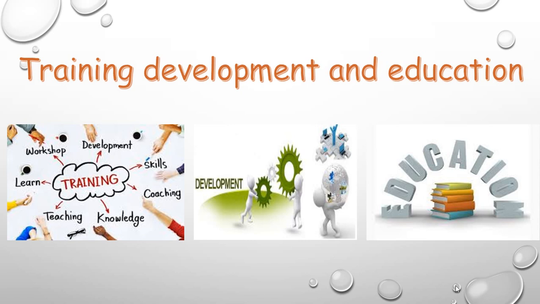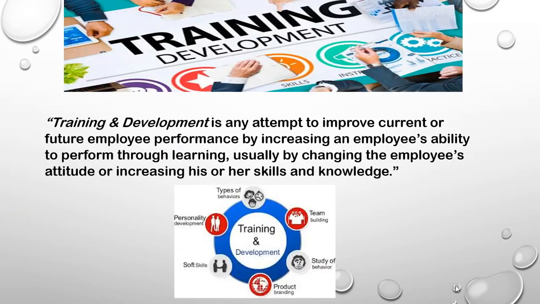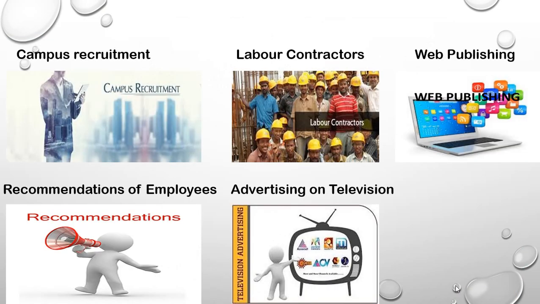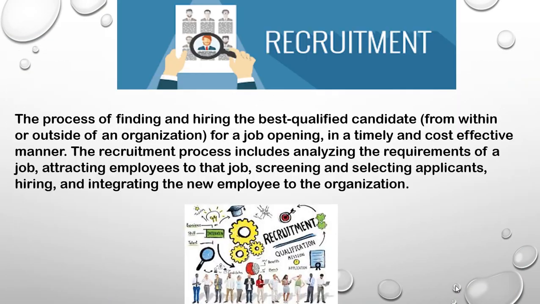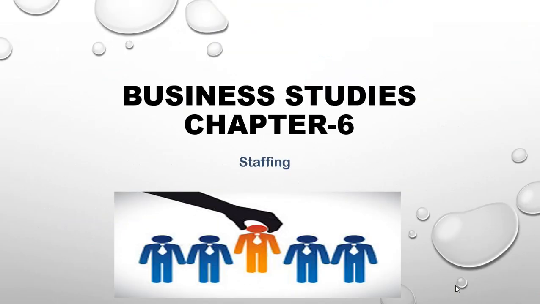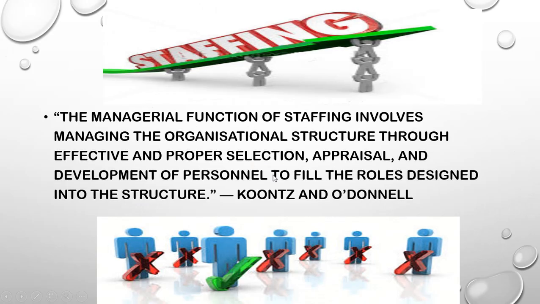In the last 29 discussions, we have covered chapter number 1, nature and significance of management, chapter number 2, principles of management, chapter number 3, business environment, chapter number 4, planning, and chapter number 5, organizing of NCERT. Now, in this discussion, I'll be continuing with chapter number 6 of NCERT, that is staffing, in which we have